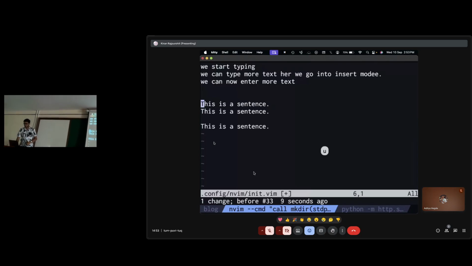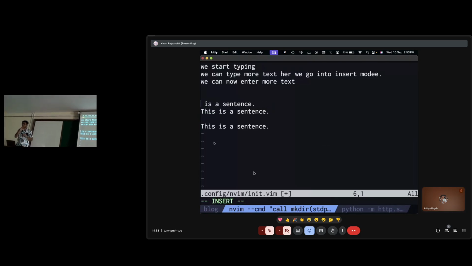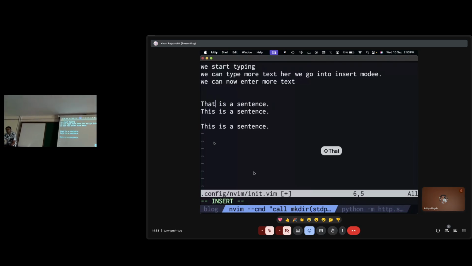But changing something is also a primitive, the C verb. I can just say CW, and what that does is delete the word and put me into insert mode. So once I've done CW, I can enter that and escape to go back to normal.